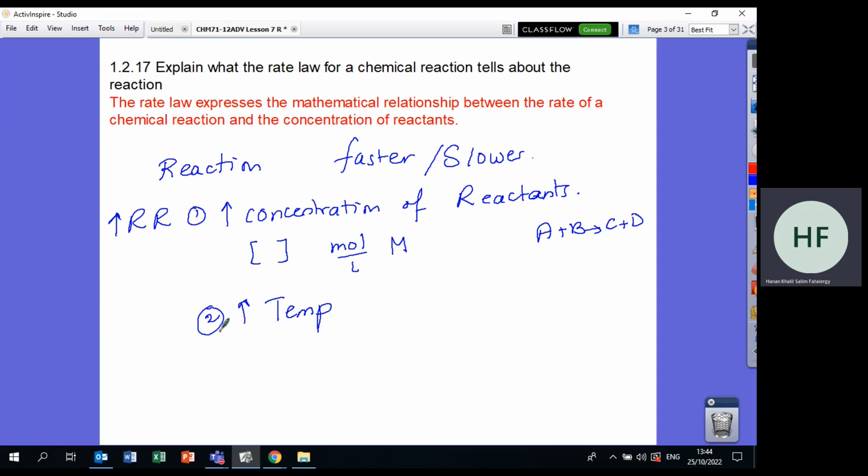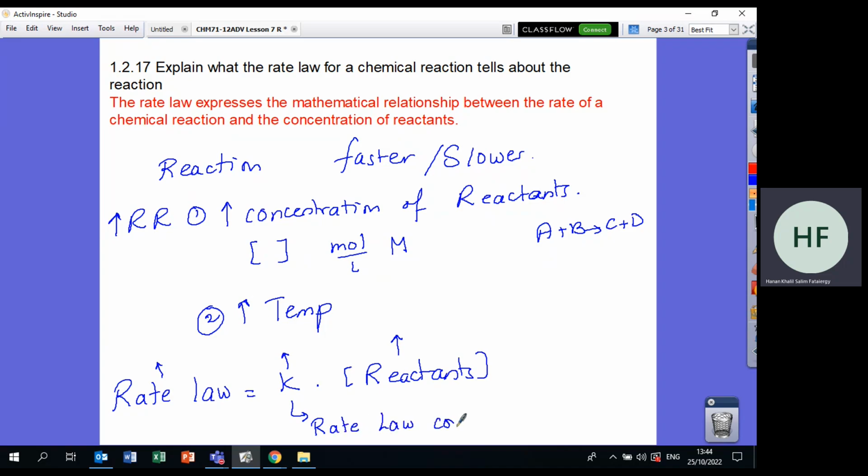Now I will give you a rate law that includes both of these two. So the rate law will be K times the concentration of reactants. Notice that when the concentration of reactants increases, the rate will increase. When K increases, the rate will increase. But what is K? K is called the rate law constant. So K is the rate law constant, and it is dependent on